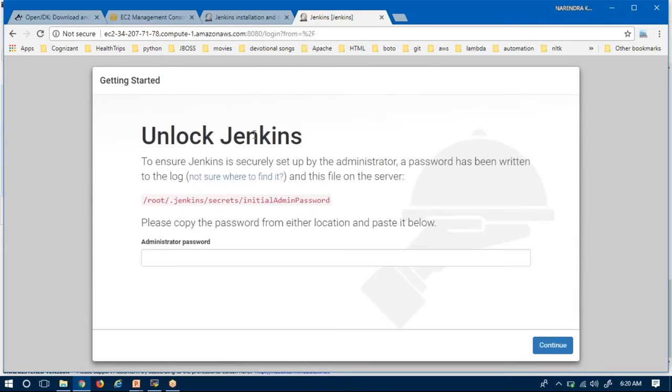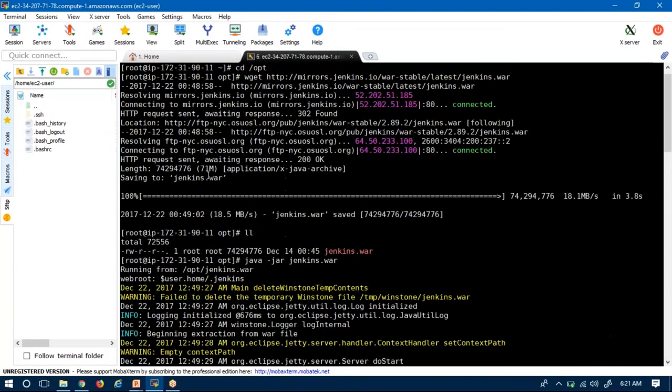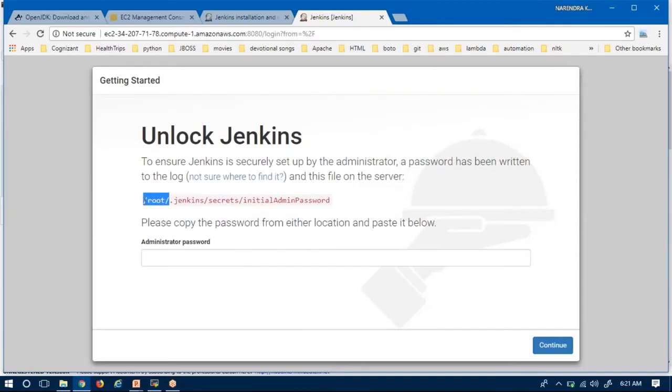See, to open your Jenkins you require an administration password. By default, the password will be saved under this location, your user home. In my case, see, I am here as root. That's why this is my user home here, root home symbol. In case you are other than root, then it is your particular user's home.